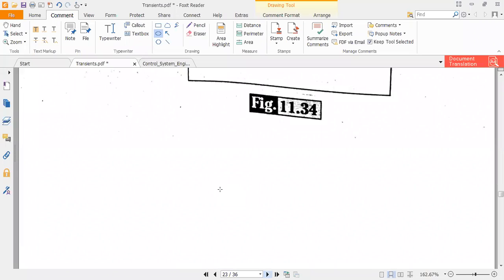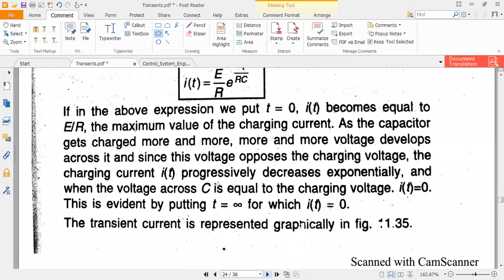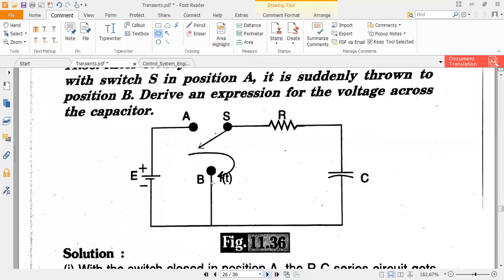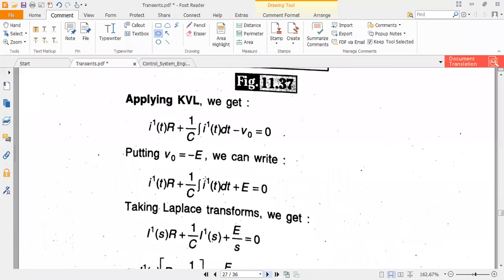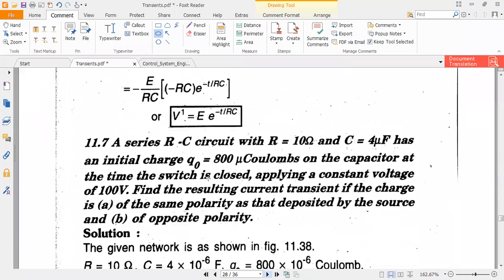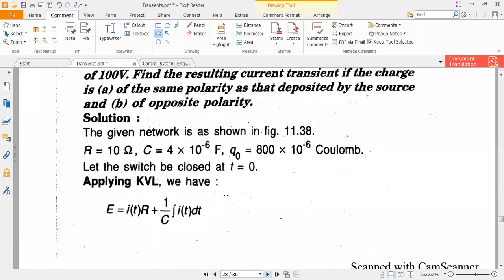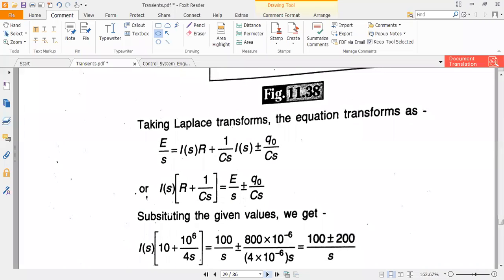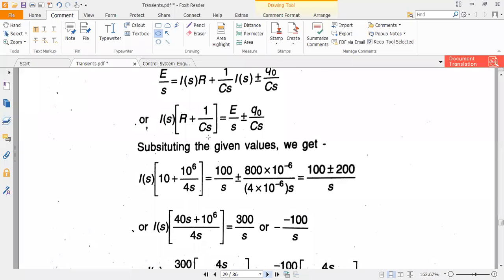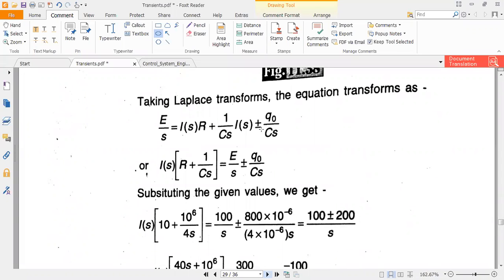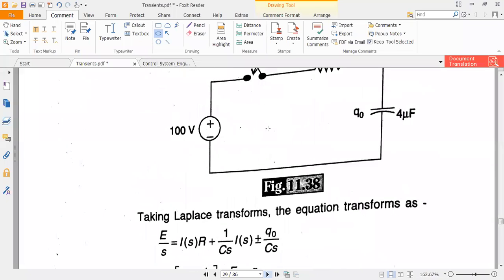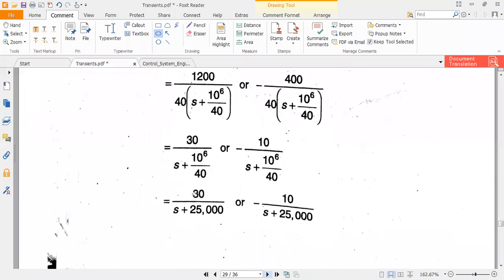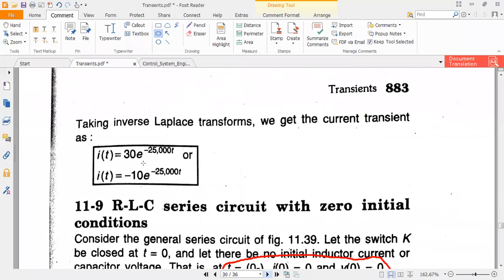And when coming to RC, yeah, this is also the same problem. These are also, you can just go through, you will understand. So in the case of RC also, the same case, because in the RC case, what we have to use is the equation, because they ask you to find the response. So first you have to apply the KVL. Then after applying the Laplace, then apply the partial fractions, then apply the inverse Laplace. Okay, so like that you will get it.